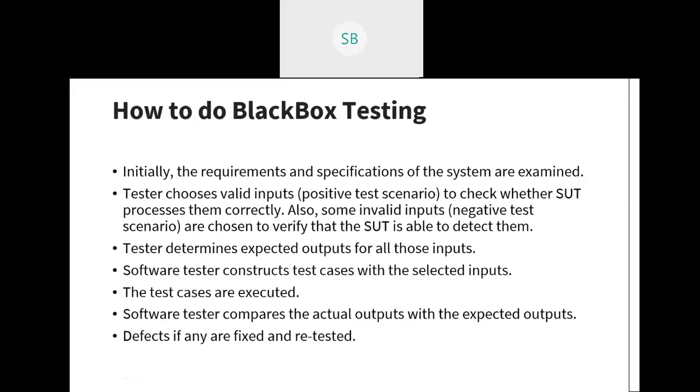So how to do black box testing? Initially we need to find the requirements and specification of the system mentioned in the SRS document. When we collect the requirement and specification, right, we go to the client using lots of methods we studied, right? One of them was interview also. We ask to get the understanding of it, like what the client wants from the developers or the organization. So we should understand the requirement specification, which is then examined.